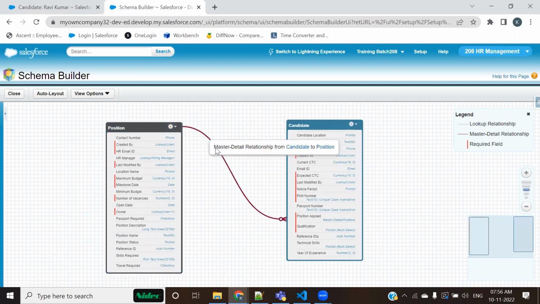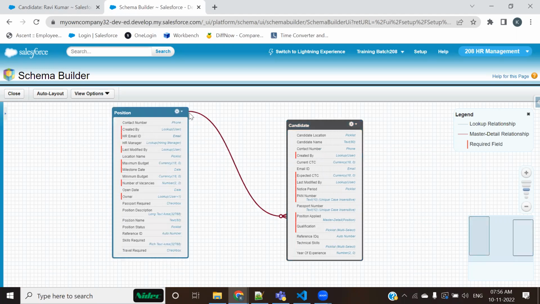You put your cursor over here, and it would give you the type of relationship. So it's a master detail relationship from candidate to position. And I told you that it's always one to many. One is from the parent, many is from the child. So you see this is having only one ending, and multiple endings over here. So this is what one to many is.